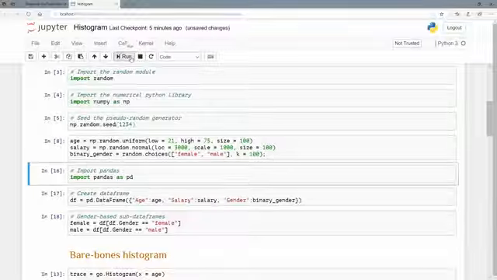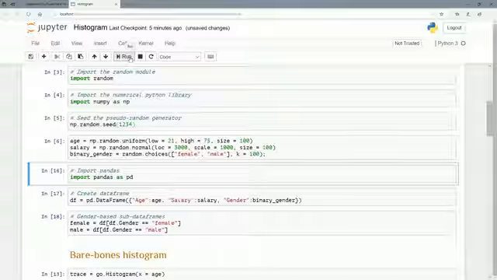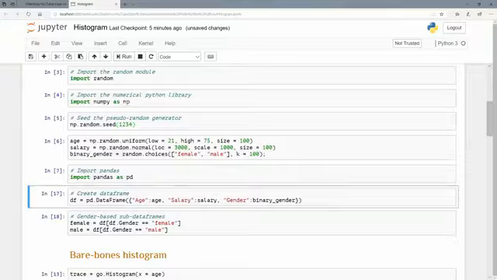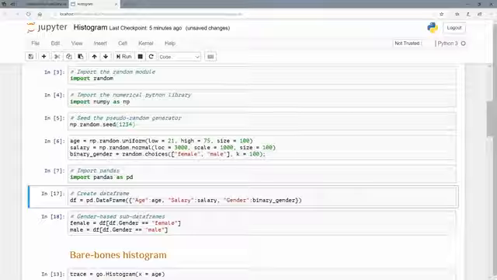Now I want to place these inside of a pandas data frame. It's a beautiful thing to use. I urge you to have a look at pandas. I'm going to import pandas and use the abbreviation pd. And I'm doing that because I want to create a data frame. I'm going to call my data frame df, and I'm going to call the data frame function here, pd.DataFrame, and